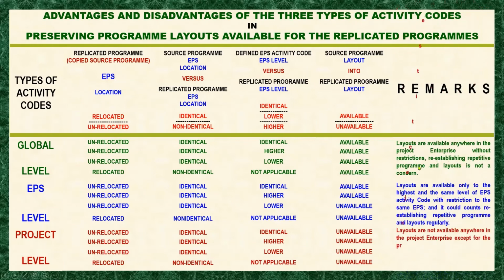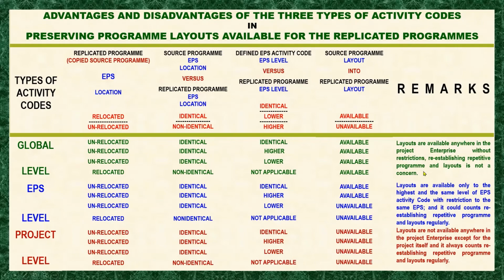Reestablishing a repetitive program and layout is not a concern, meaning for all the locations of the replicated copy of the program, it is always available, right? So there is no need for constructing a new layout anymore,